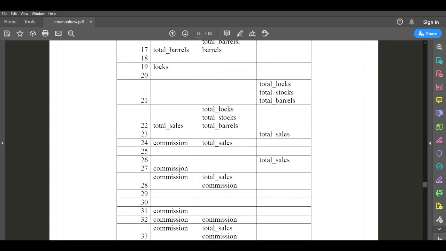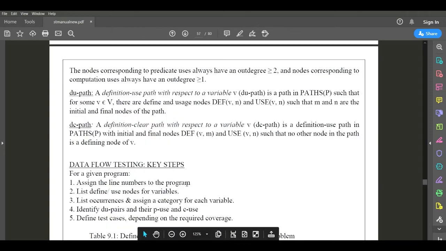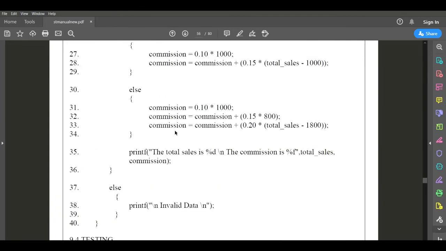Okay, next we'll check 29 and 30. In line numbers 29 and 30 nothing is there, I think. Yes, next it is defined in 31, and I'm using it in 32. 31 defined, 32 used as computation usage. Next, 32 is redefined, and we are using it as a computation usage in line number 33.